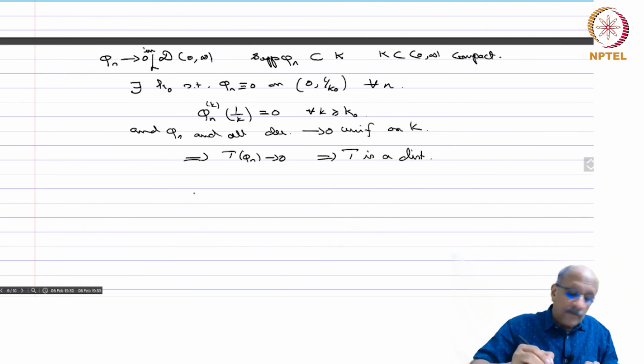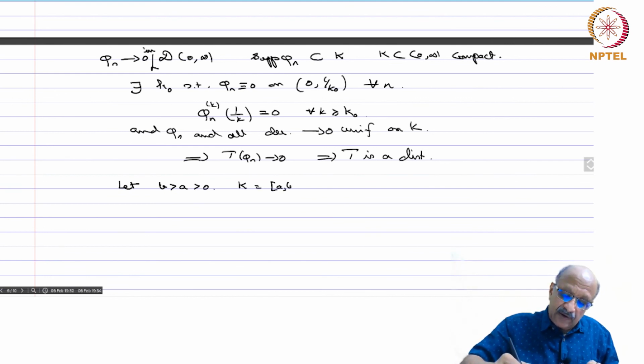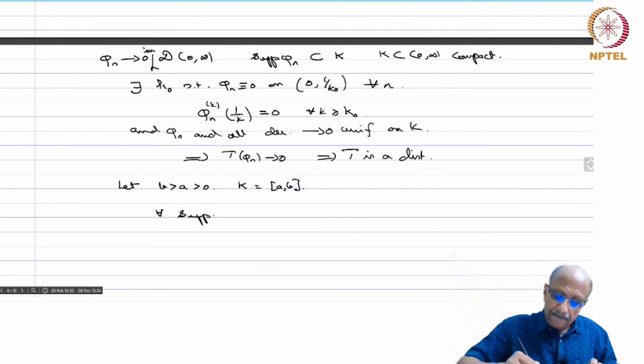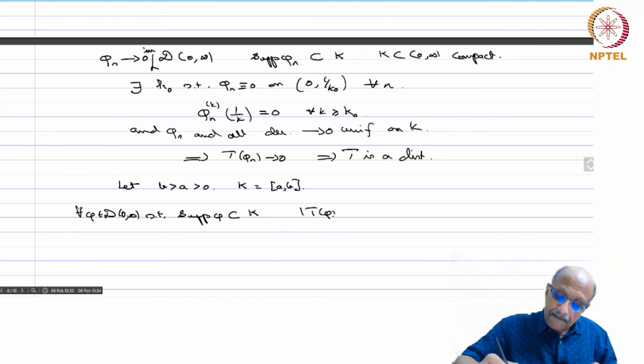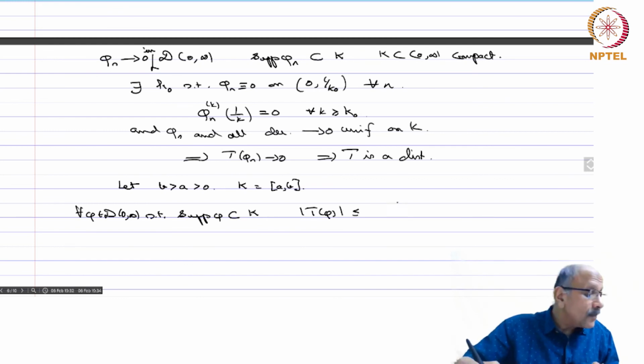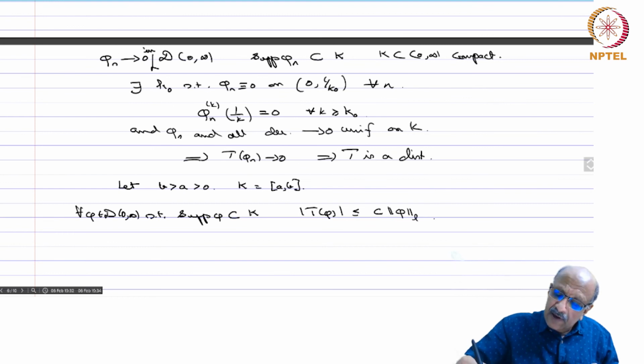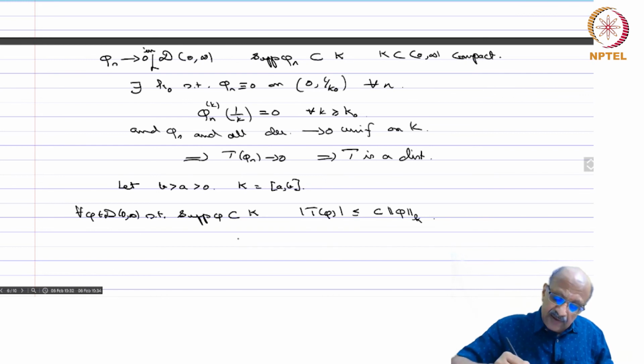So, now let b be greater than a greater than 0, and let K be equal to [a, b], a compact interval. Any compact set will be contained in a compact interval. Then for all phi in D(0, infinity) such that support of phi is contained in K, what do we have? Mod of T phi will be less than or equal to C times the norm of phi, with k derivatives, where what is this k? This k is such that 1 by k plus 1 is less than a less than or equal to 1 by k,